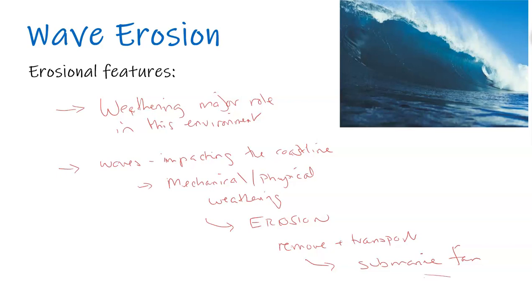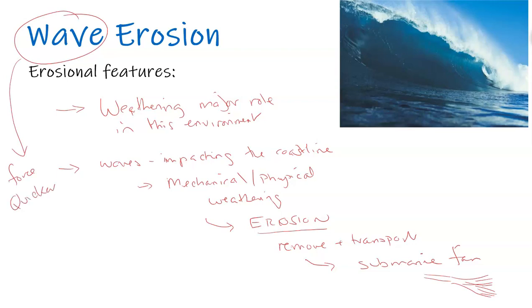So, this is the movement, and it fans out on the ocean floor like this. So it looks like a submerged river delta, basically, of sediment. So the erosion obviously needs the weathering to take place, but with waves being of very large force, you're going to see a quicker, more effective weathering process. In some cases, you still could have chemical weathering as well, but it is mostly going to be mechanical and